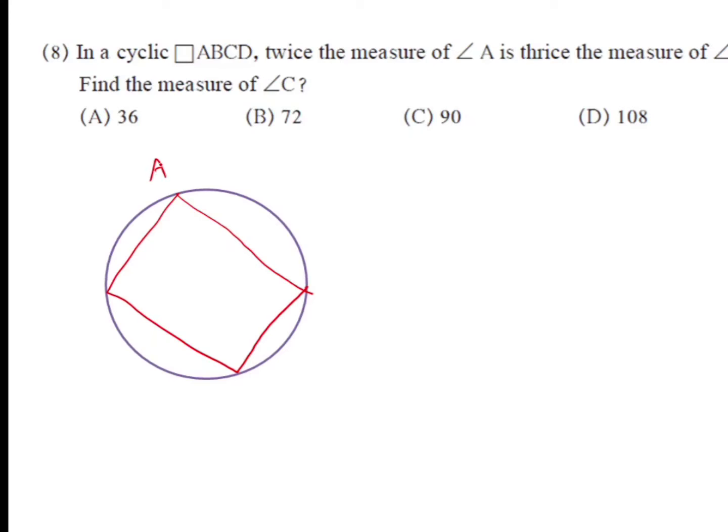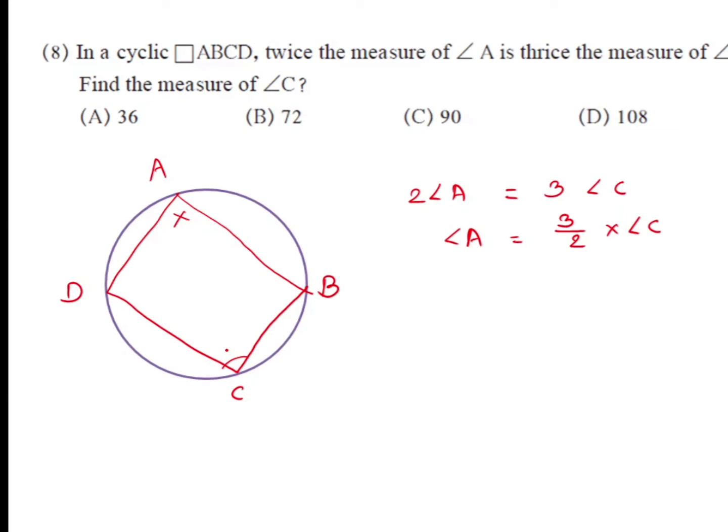So let us name this quadrilateral as quadrilateral ABCD. Now for this quadrilateral, the relation between angle A and angle C is given. That is, twice the measure of angle A, that is 2 into angle A, is equal to thrice the measure of angle C, that is 3 into angle C. Now if we transfer 2 to the right hand side, we get angle A is equal to 3 by 2 into angle C. Now as we can see, angle A and C are the opposite angles of cyclic quadrilateral, and